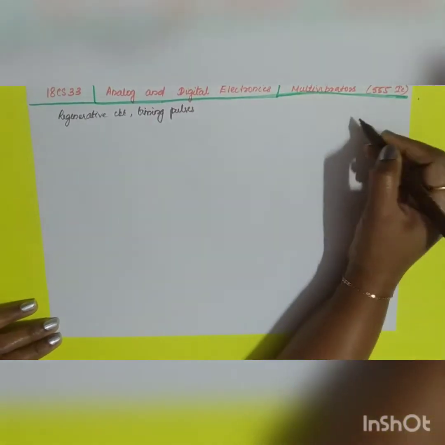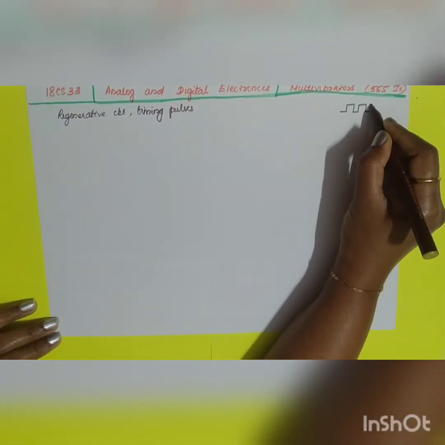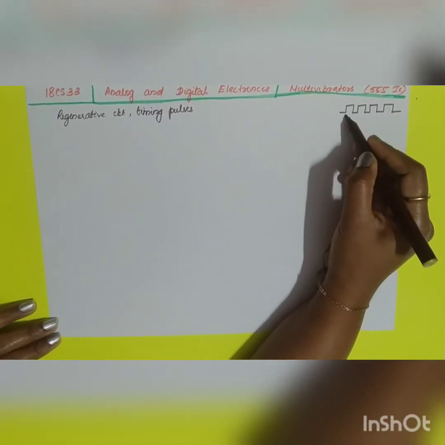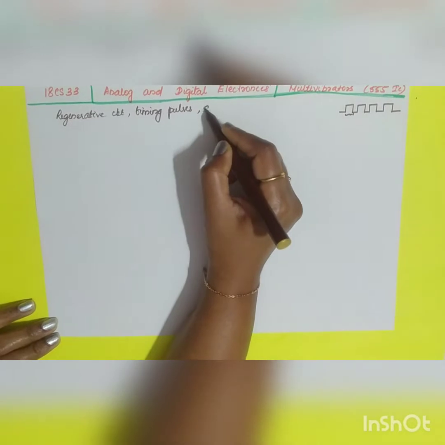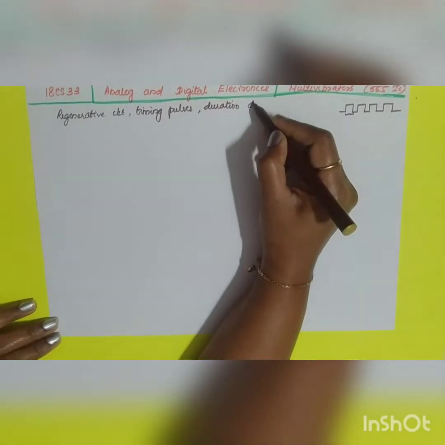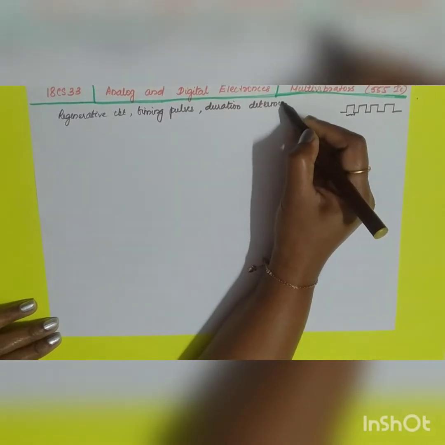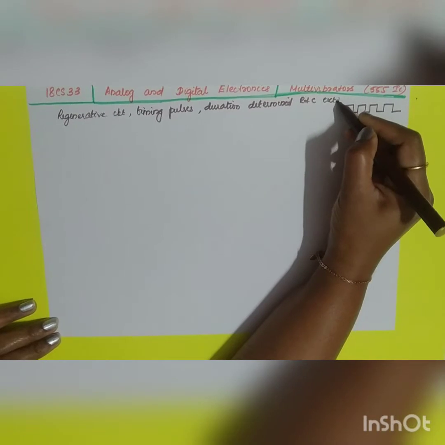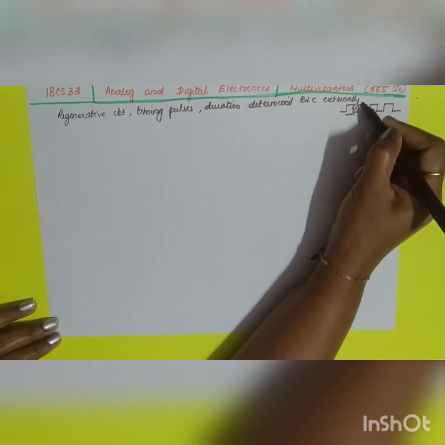So what will be your timing pulses? These will be your timing pulses, on and off, right? And the duration of the timing pulses will be determined by the resistors and capacitors which are connected externally. So this is the special feature of your